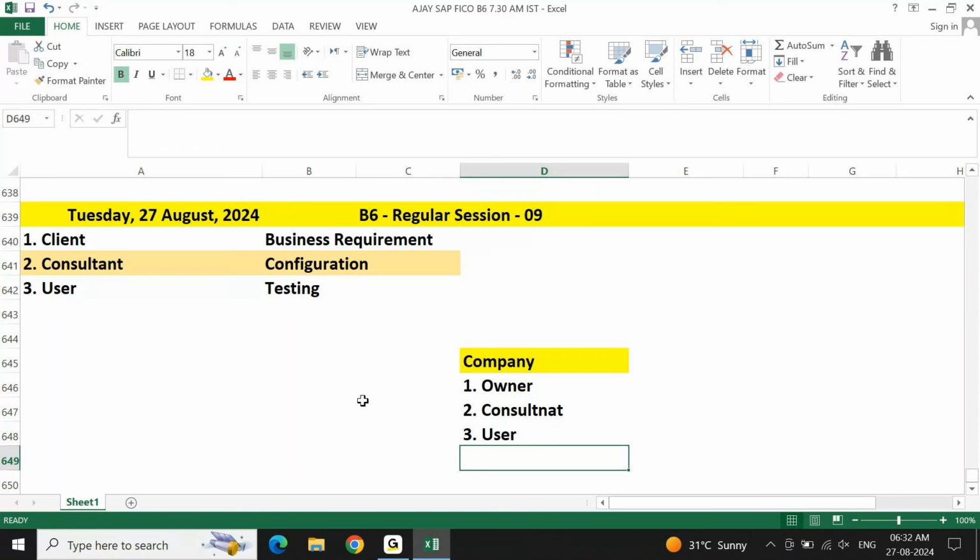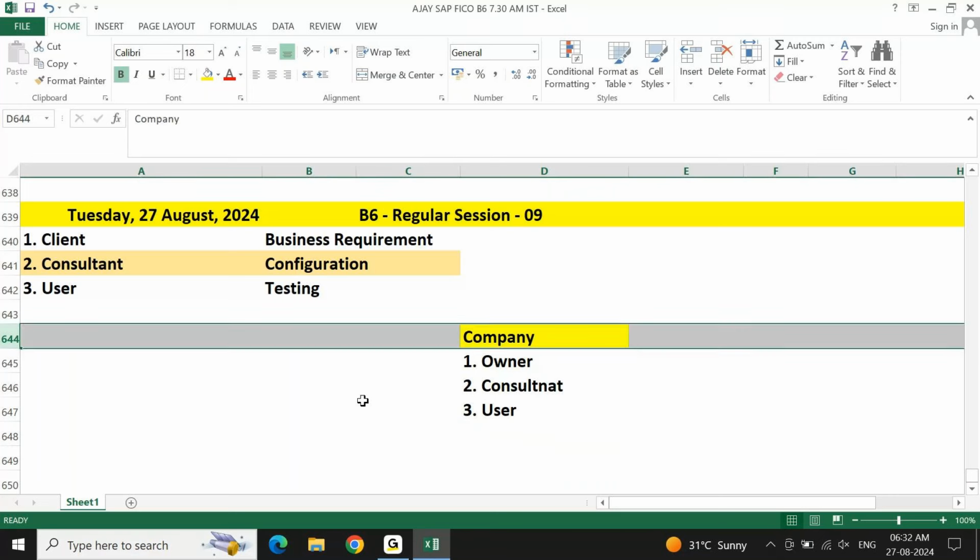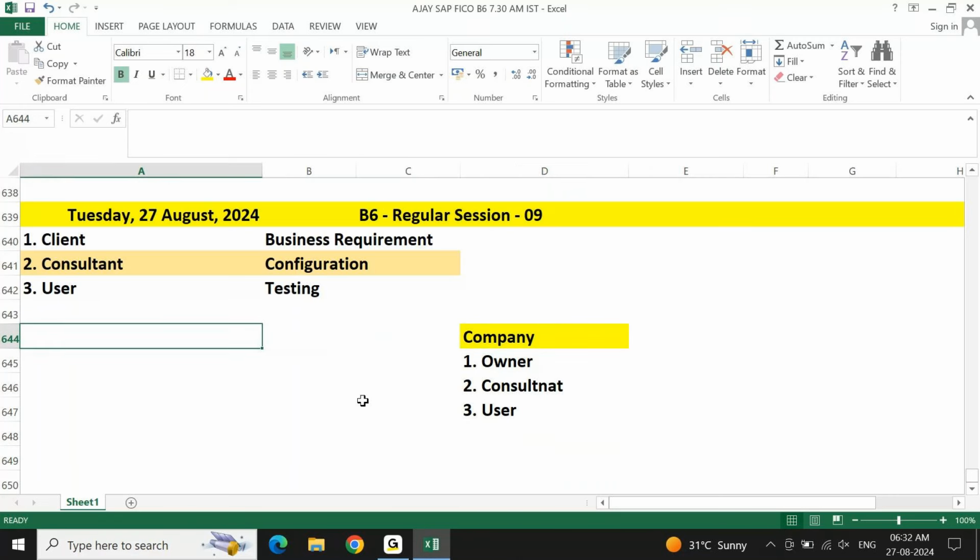As a consultant, you need to think in such a way that you're able to understand from the owner point of view, in short the business point of view, and then the user point of view also. Only then can you practically relate the things: what you will be doing in a project, what the expectation from you in a project is, and how you need to manage, to understand the different things to become a consultant. It is not only about configuration, it is about various other things that we are adopting.